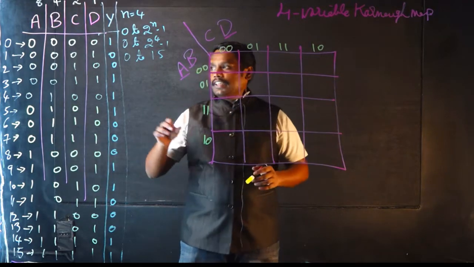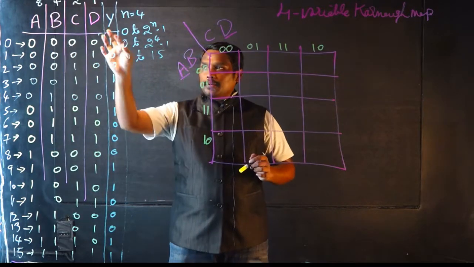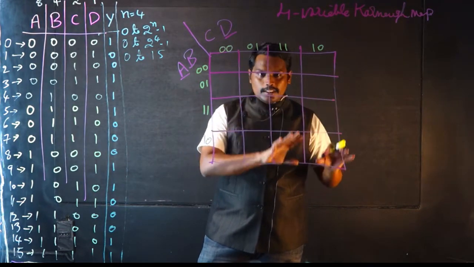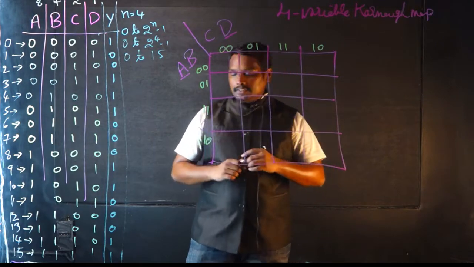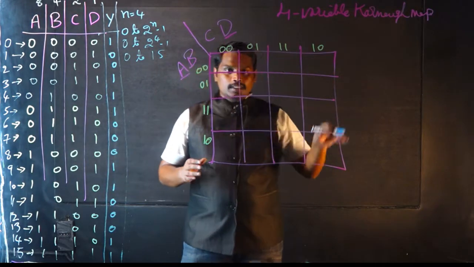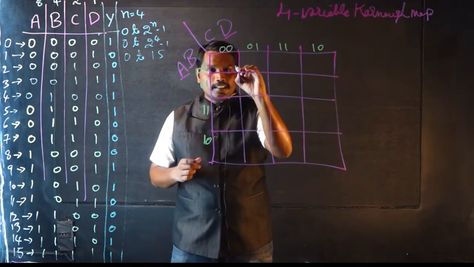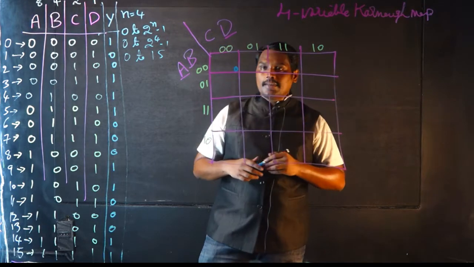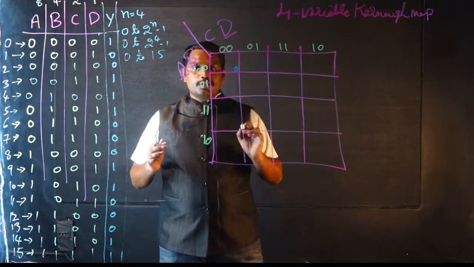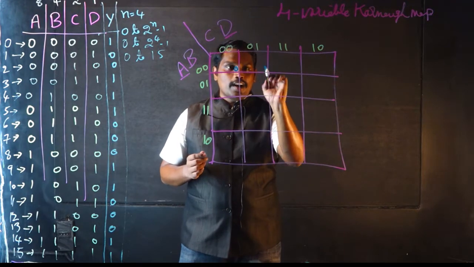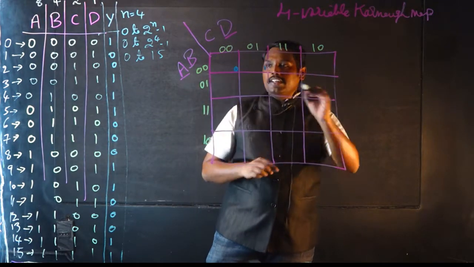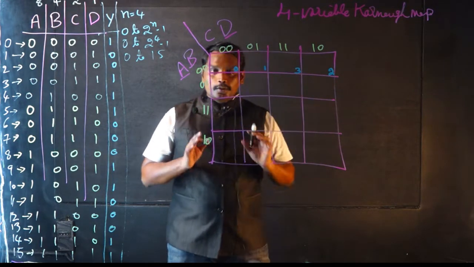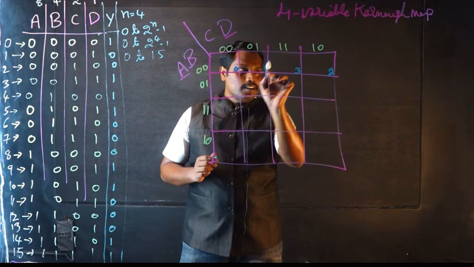This is how you construct a 4 variable Karnaugh map. Now, for 0 0 0 0, what is the output? That is 1. But first, you have to place the positions of all 16 cells in the Karnaugh map. For 0 0 0 0 you mark it as 0, the first cell. Then 0 0 0 1 is 1, 0 0 1 0 is 2, and 0 0 1 1 is 3. Note that it starts with 0, 1, 2 and 3.